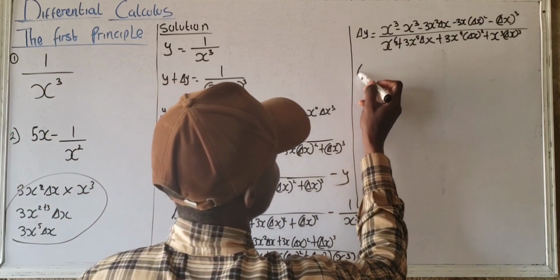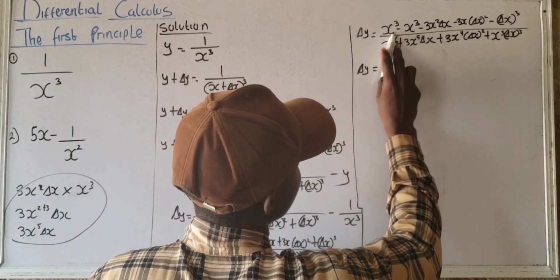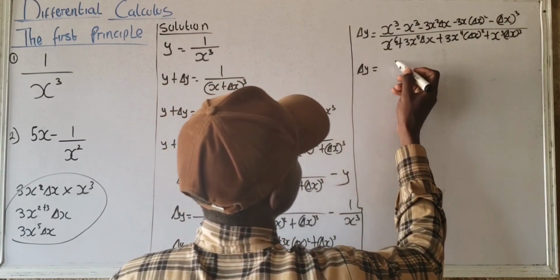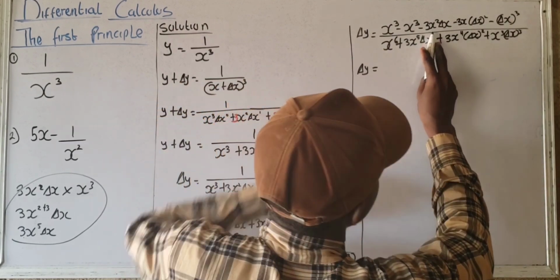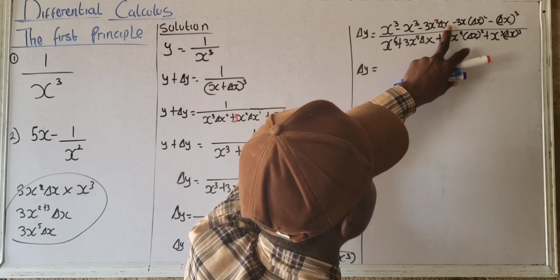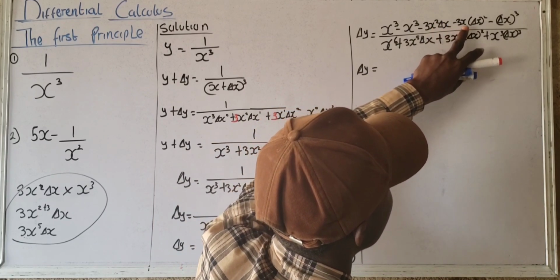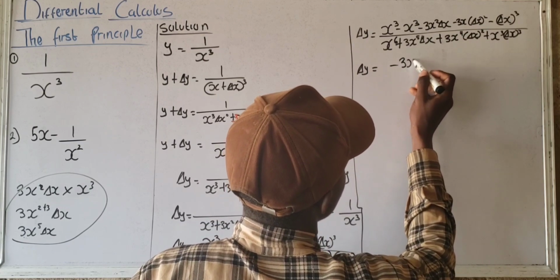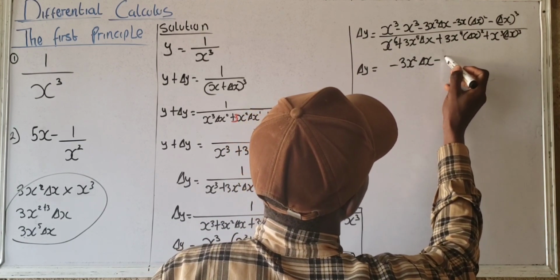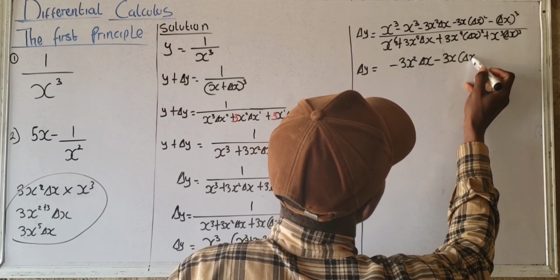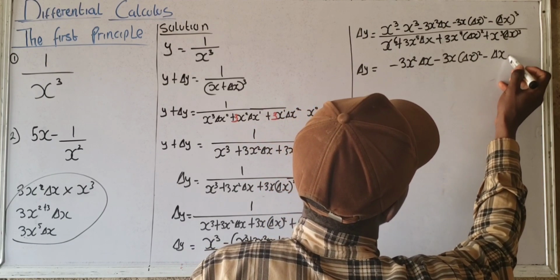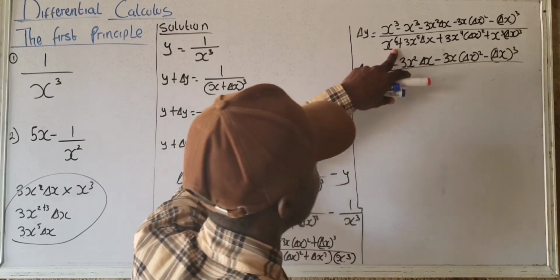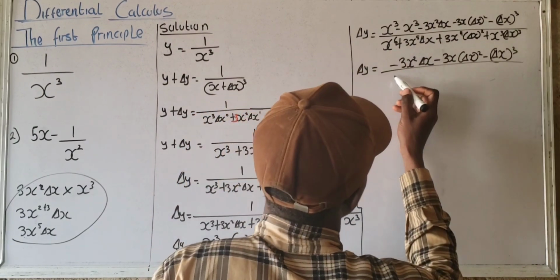So I'm going to have delta y is equal to x raised to the power of 3 minus x raised to the power of 3. That will give us 0. Okay? So I'm left with negative 3x squared delta x minus 3x delta x squared minus delta x raised to the power of 3 all over x raised to the power of 6, all over x raised to the power of 6